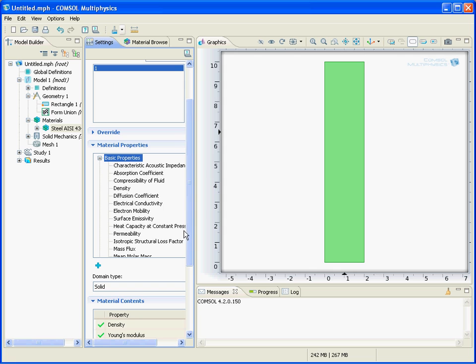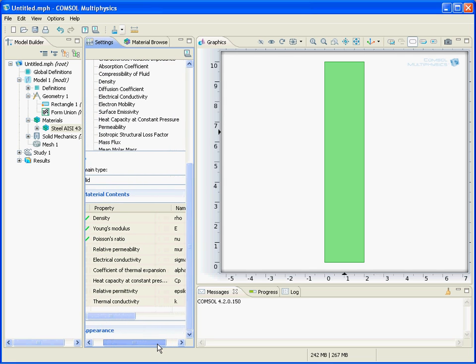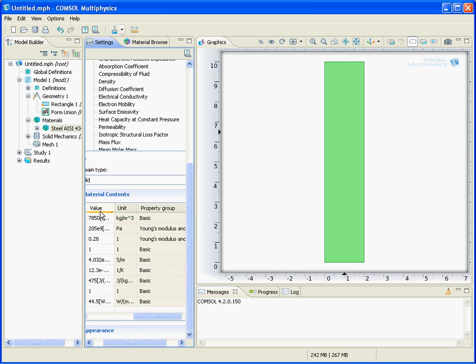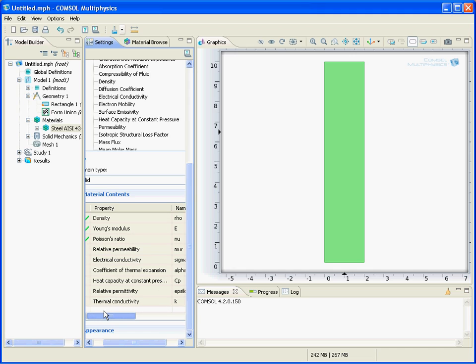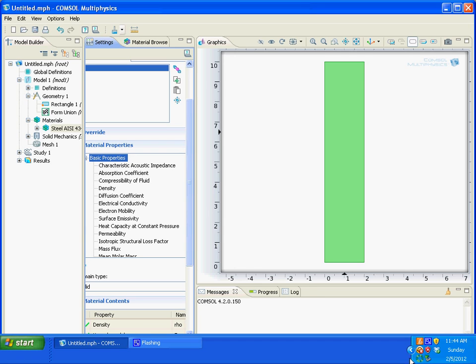Since we used a built-in material, it has your Young's modulus, your density, your Poisson's ratio. It has all of that already built in. With materials that aren't in there, you have to come down here and give it the material's density, the material's Young's modulus, Poisson ratio, etc. Okay, so now that that's done, I'm going to stop here, and then we're going to move on to the solid mechanics. Come down here,